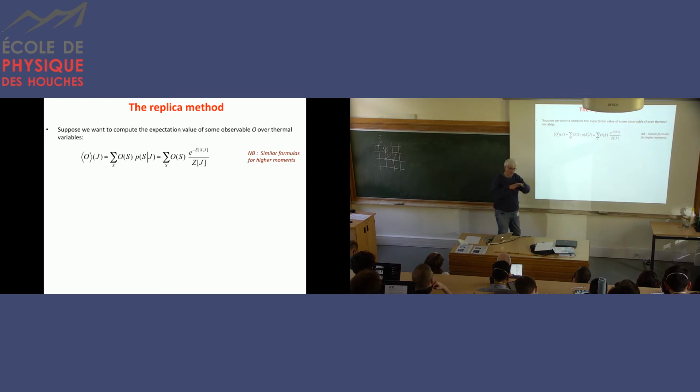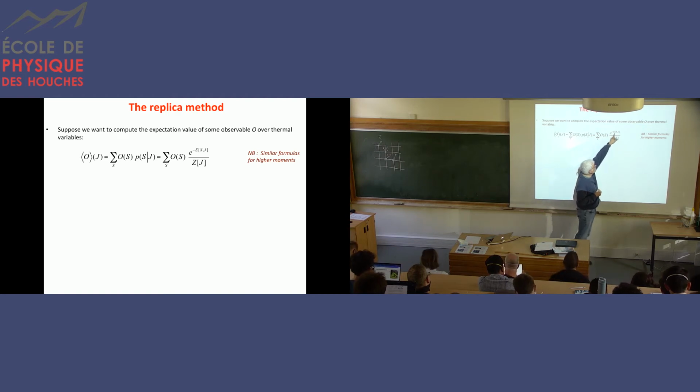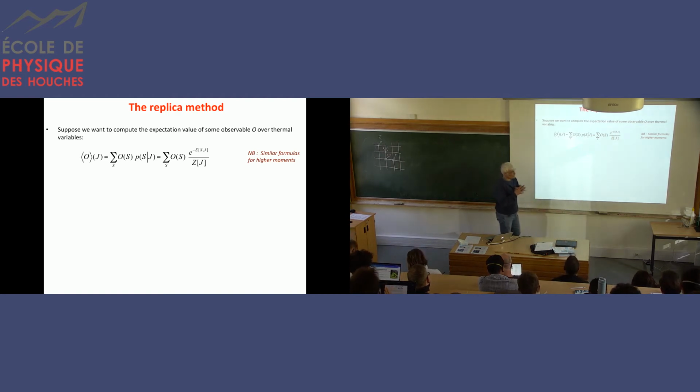So suppose you have fixed the interactions between your spins, and we would like to compute the average value of some quantity, what we call an observable. The definition of the expected value of O given J, and I will use this bracket notation for the thermal average, is simply that I sum over all configurations of my spins the value of the observable in this configuration, weighted by the probability of this configuration for my particular set of quenched variables. If I go back to the definition, this is the normalization factor times the exponential of minus the energy, which is this function of S and J.